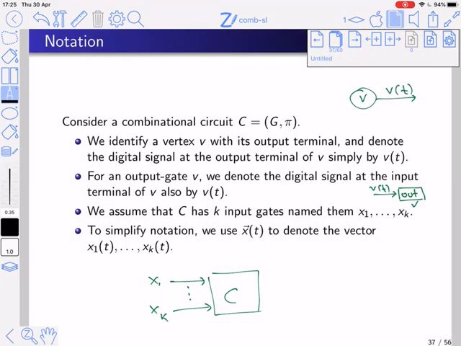Now, we will use the following convention. If we look at the vertex V, it has a single output terminal, unless it's, of course, an output gate. And then we will refer to the output of the vertex V as V of t. And when we're talking about an output gate, we will refer to the single input of V as V of t. We will assume that our circuits have k inputs, and we denote them by x1 up to xk. And we will use x with the vector symbol above it to denote the k inputs of the circuit. So we have a circuit C with k inputs, x1 up to